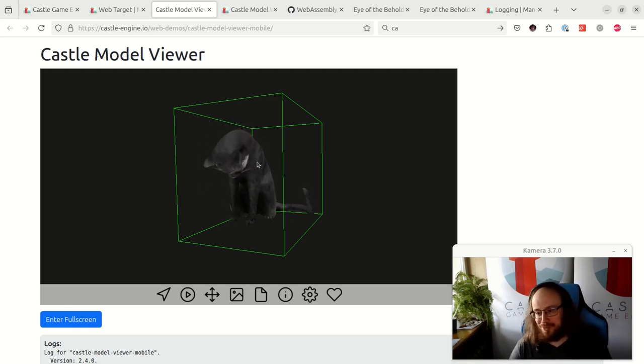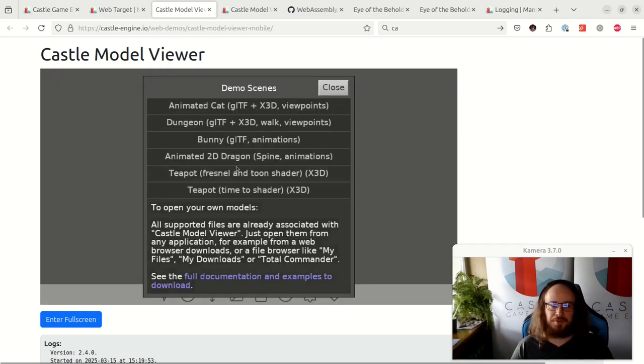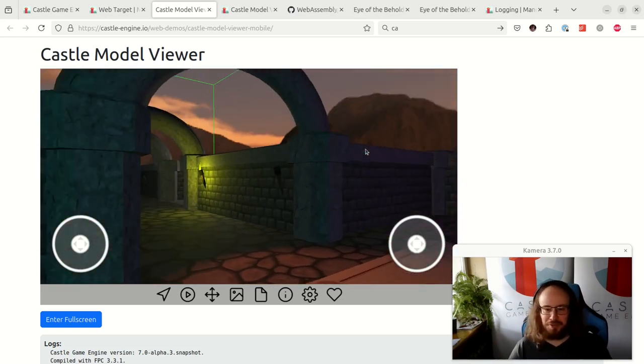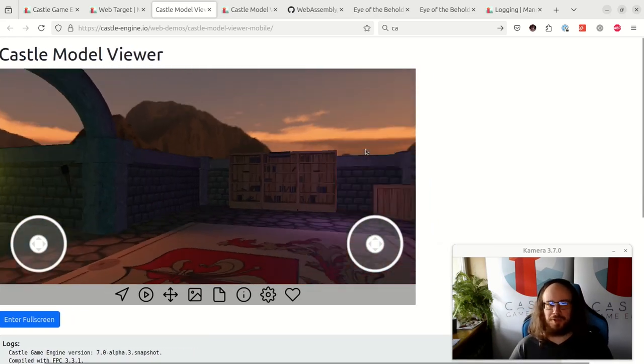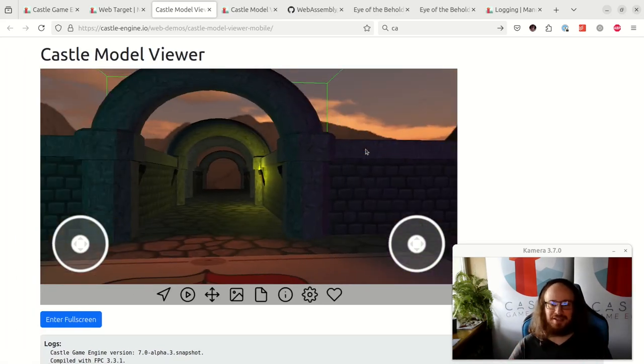So we also can open, I mean not yet open, but we will be able to open arbitrary 3-dimensional models on the web. Here you can toggle between a few already provided models with this application. The actual loading of external models from the disk doesn't yet work. It's going to work soon. It's a work in progress. But yeah, what works already is that you can browse the existing models packaged in the data of this